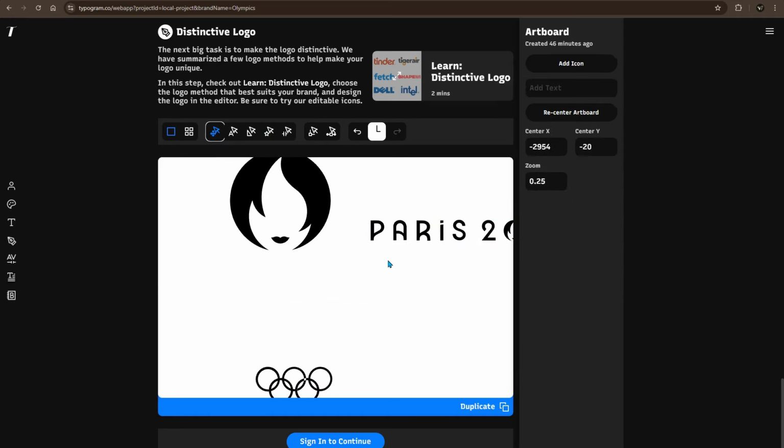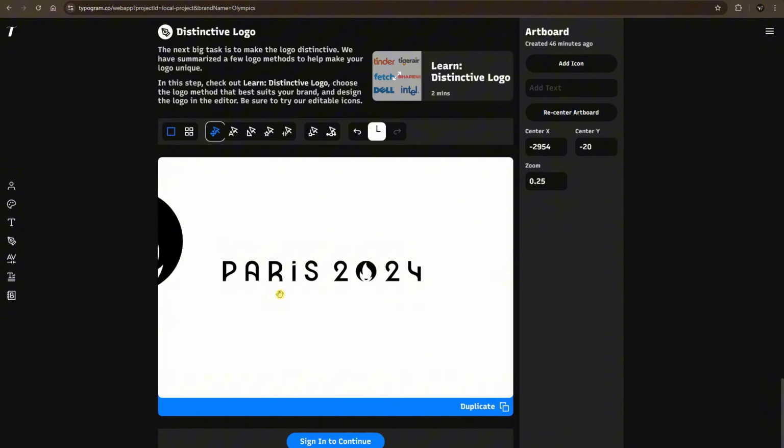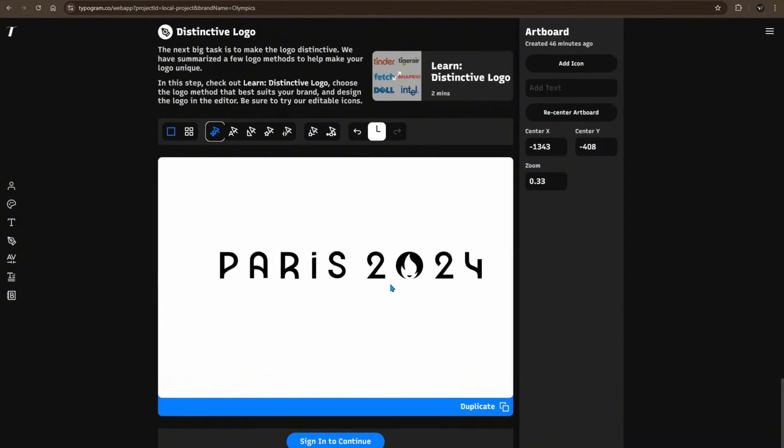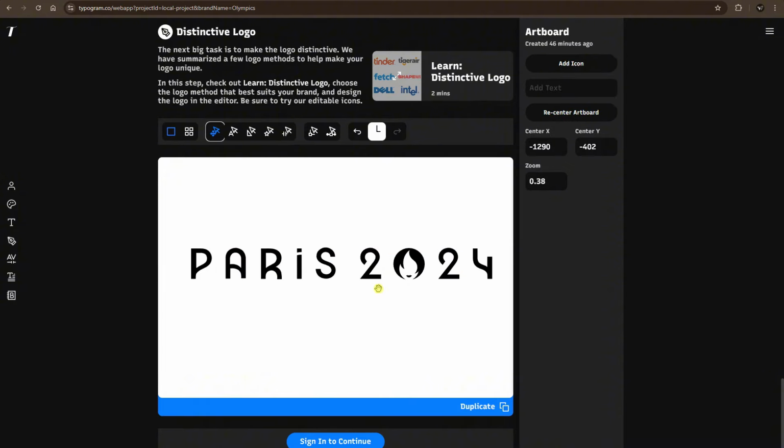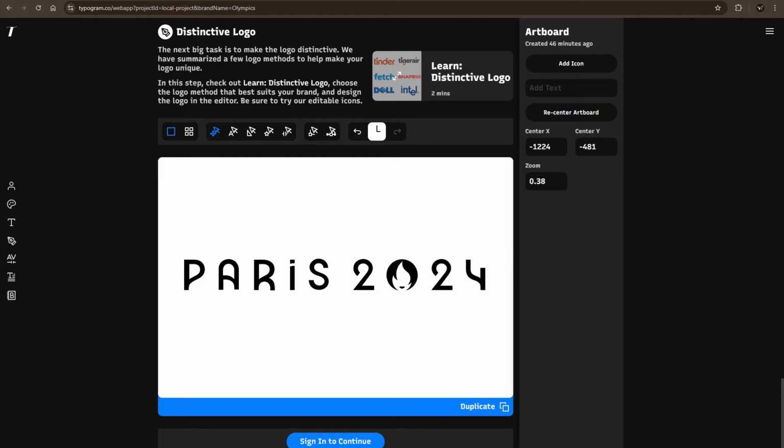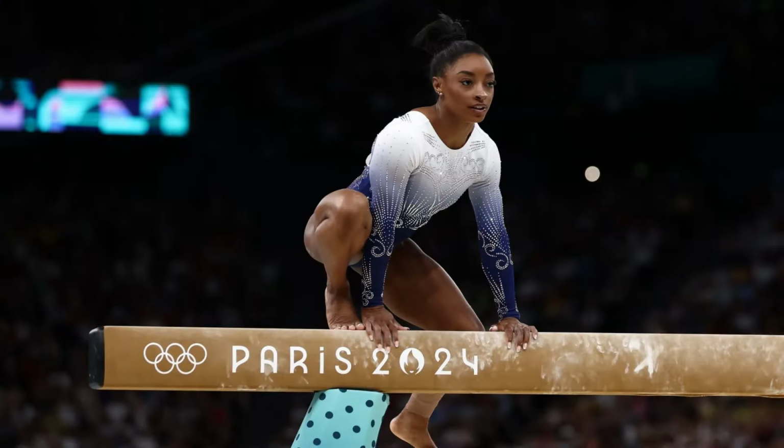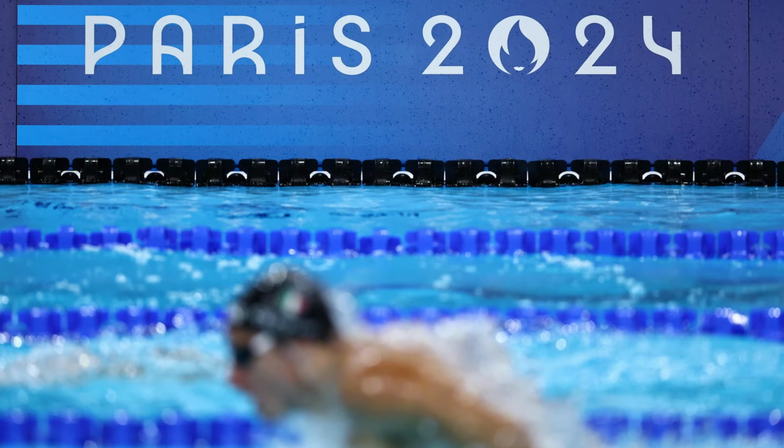Here, we still want to incorporate the icon, and we still want to say Paris 2024, but we can't afford to show them in the original form. So this really solves that problem perfectly, having the 5 circle symbol of the Olympics on the left, and then Paris 2024, except the number 0 in 2024 was replaced by the icon. I think that's a really perfect execution. You can see the branding in almost every single shot of the game. Be it gymnastics, be it swimming, there are some boards that we can put the logo onto, even though it wasn't the original form.